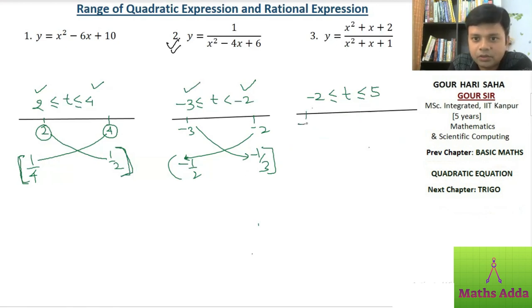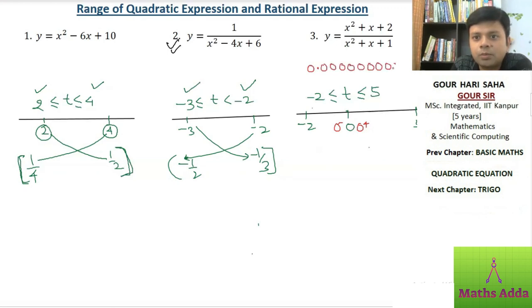This means we did something wrong here, and you will see what the mistake was. Plot this minus 2 to 5 here. There will be 0 somewhere here. You see, in the flow you just forgot this 0, right? 0 is in between, whose reciprocal cannot be found. It will not be defined. So what to do? I will divide this interval into two parts. One is 0 plus to 5, another is 0 minus to minus 2. 0 plus is what? Just more than 0.